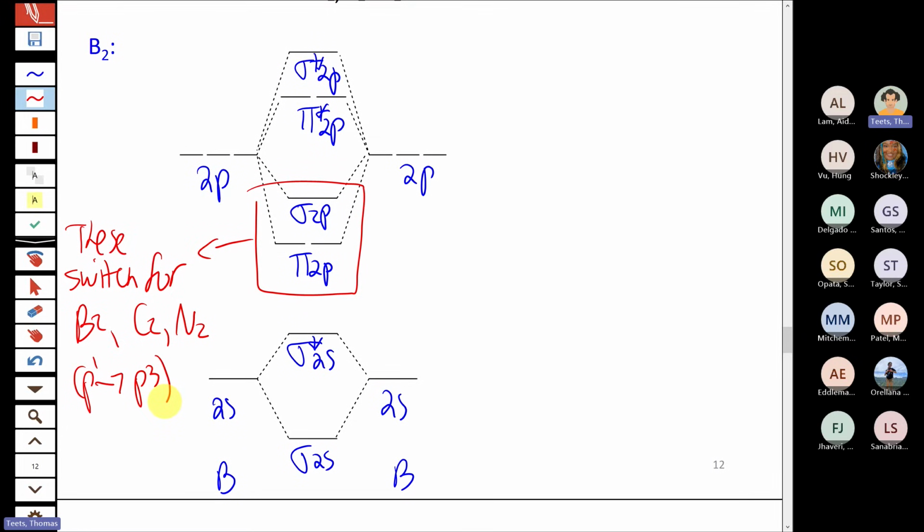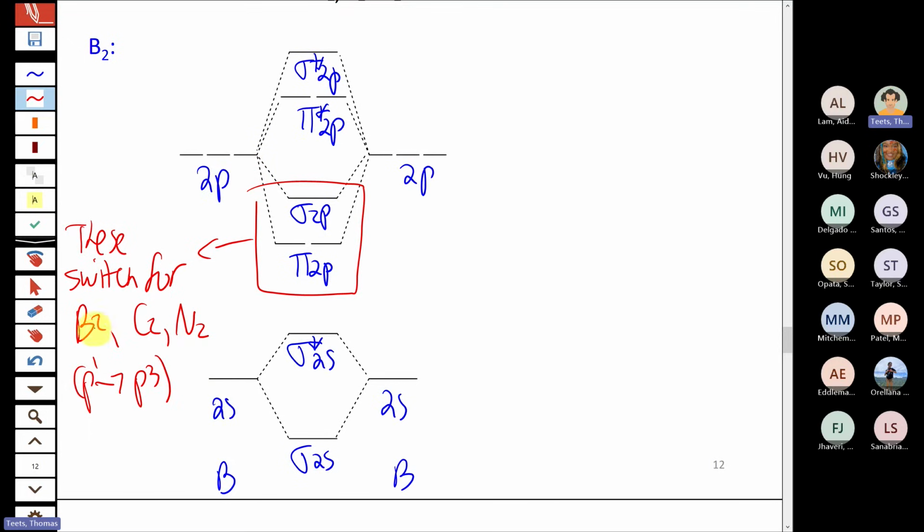But for those of you that are curious enough to want to know, basically the situation is that when you're forming molecular orbitals, there's no rule that only 2s orbitals can mix with each other and only 2p orbitals can mix with each other. Any orbital that's sigma in nature can mix with any other orbital that's sigma in nature. So what happens in these elements is that as you go left to right across the P block, the energy gap between the 2s and 2p orbitals gets larger and larger. So in the second half of the P block, 2s and 2p are far apart in energy, so they can't mix with each other at all. Orbitals have to be relatively close in energy to mix.